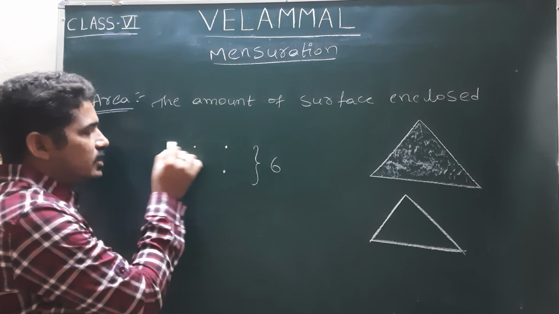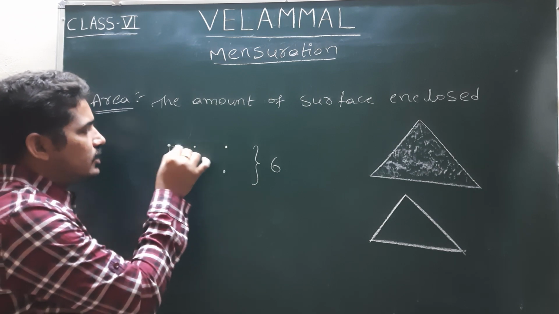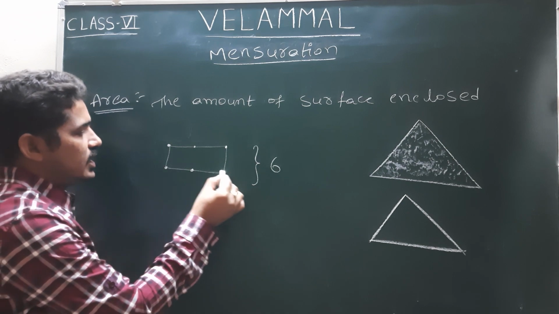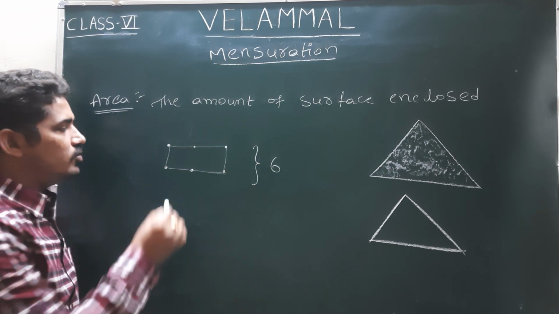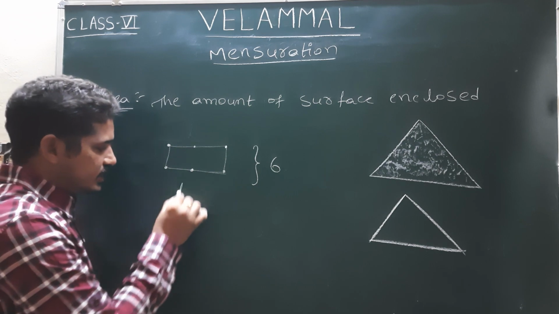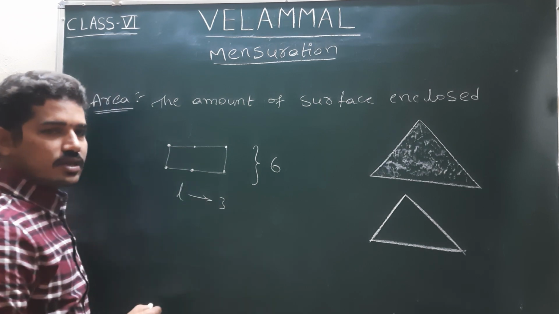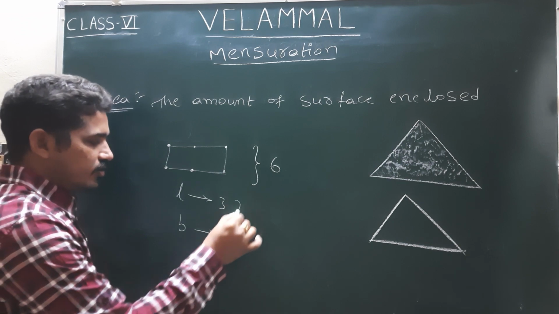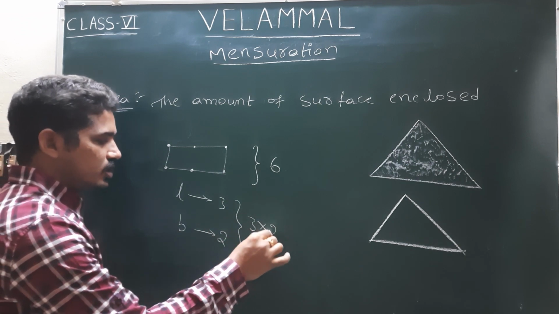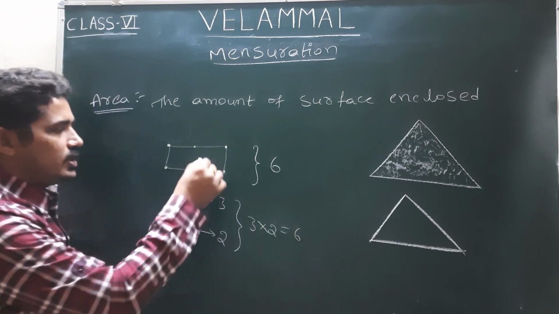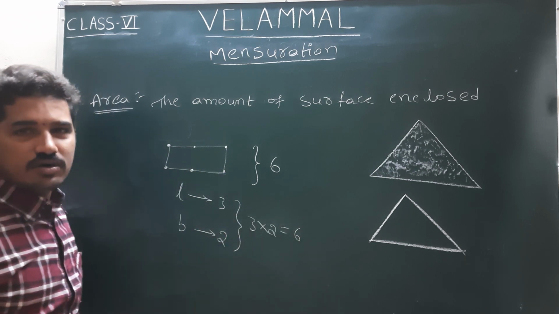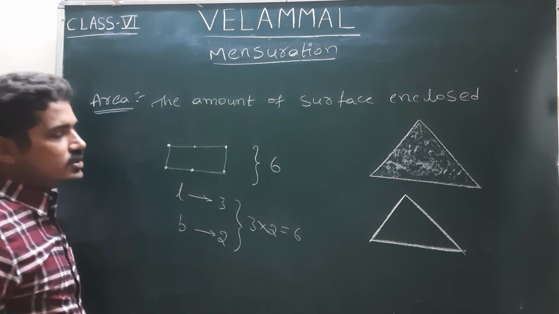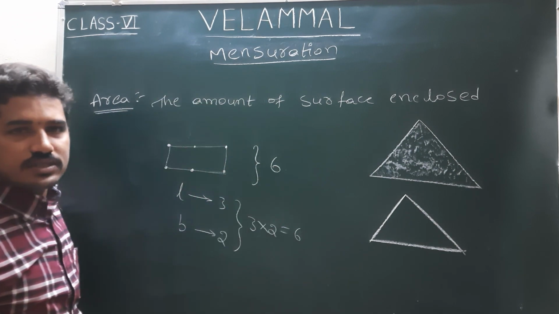If we take this as a rectangle, then we will get the rectangle. Now I am multiplying: length side 3 dots are there, and breadth side 2 dots are there. Now I am doing 3 into 2, then we will get 6 dots. We can say now 6 dots are there. Now what we are saying is, everything inside we need to take as the area.